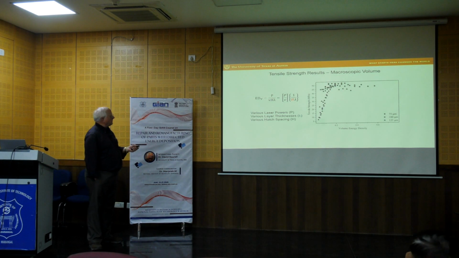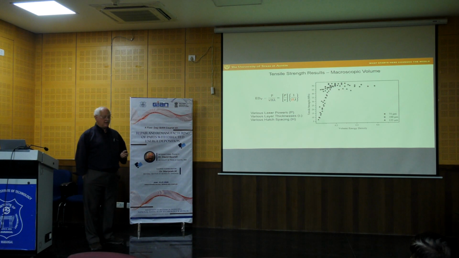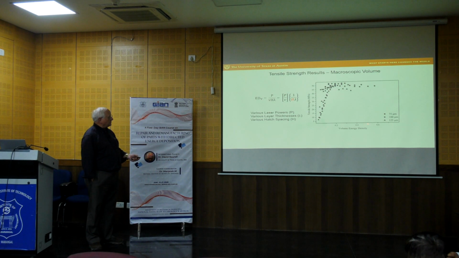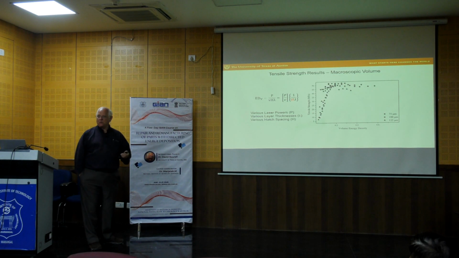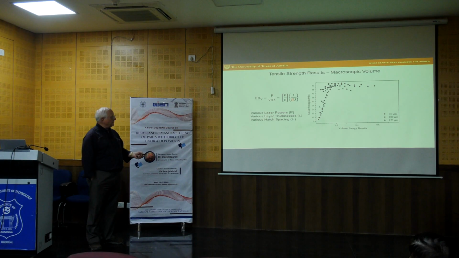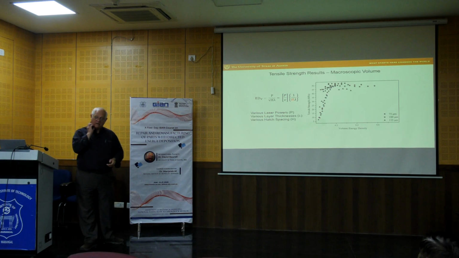This shows a similar plot. Again, it's the same parameter here that fits the data the best. In this case, we're looking at the tensile strength of the part rather than the density. And again, this is the plot of the tensile strength versus the volume energy density. And we see that for the most part, there's a fairly good one-to-one correspondence between the energy density and the strength. And furthermore, for nylon anyway, if I were to get something up here at this high strength, sort of the best we can do, say around 15 megapascal, then I need to go up around 0.18, 0.2 of